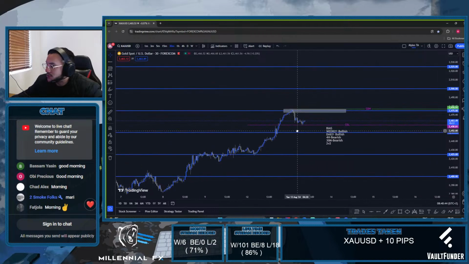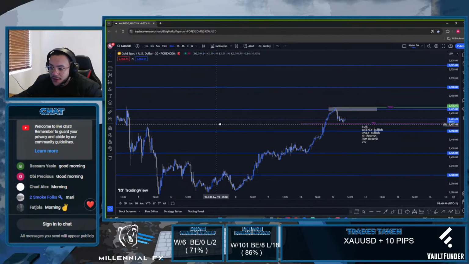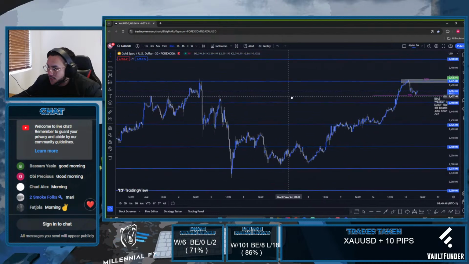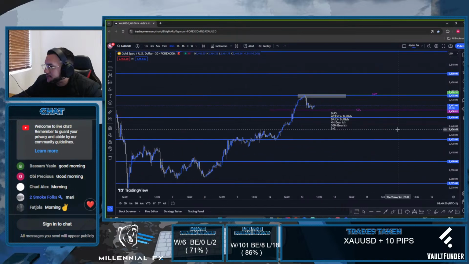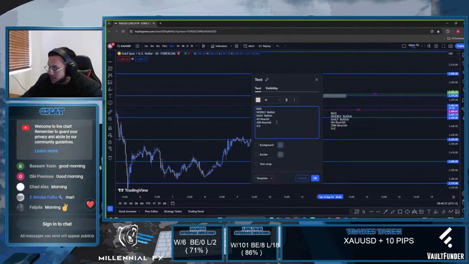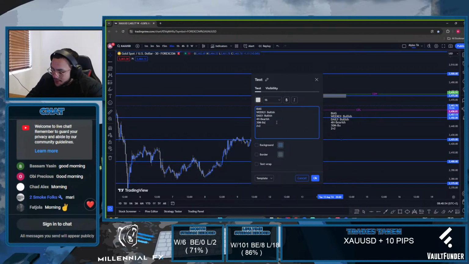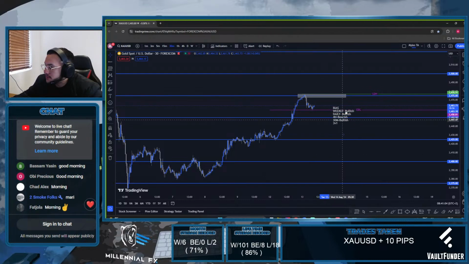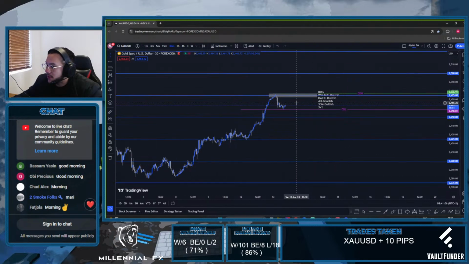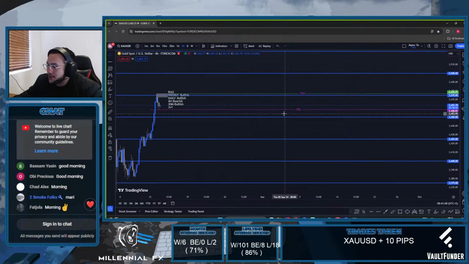The 30 minute is also holding that support level quite nicely. However, the 30 minute actually has flipped in structure. So your 30 minute is now bullish, which means your immediate structure is bullish. Let's go 3v1 on the pair. So go back to the 4 because we're not done there.